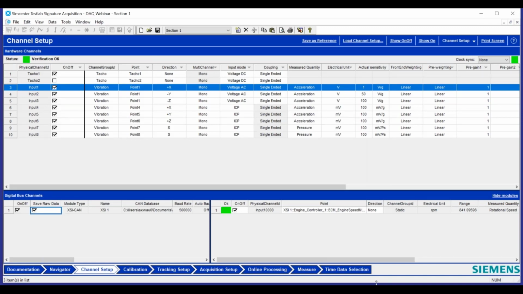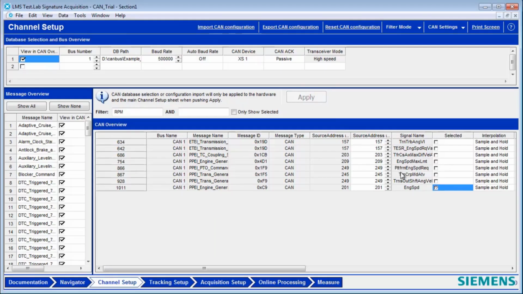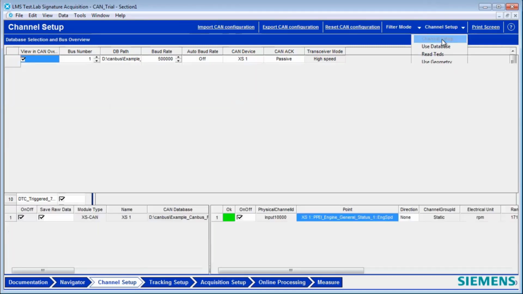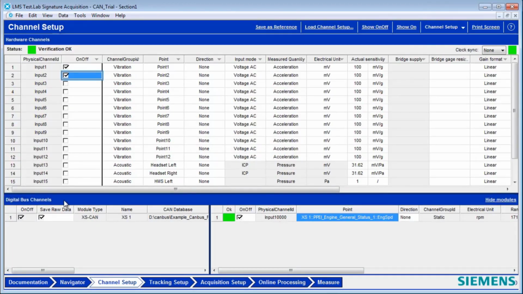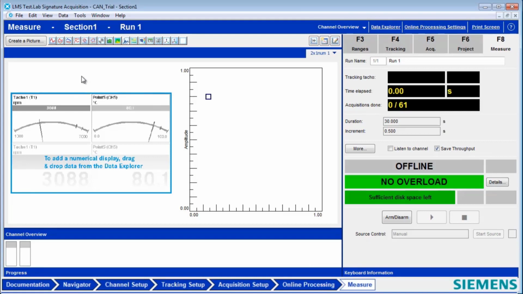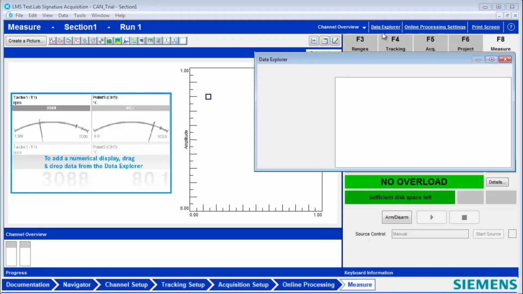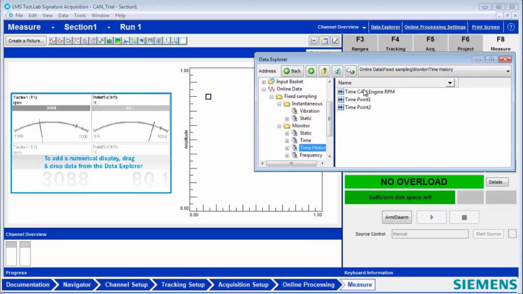Exactly. And we actually have a demo here. Let's look at this video. So this is showing us where we kind of left off. We selected the RPM, applied it, just showing you that I am saving the raw data. Instead of having that long name that maybe is a little bit overcomplicated, we can change that point ID to something more simple but still meaningful. Call it CAN engine RPM. And once we're set here, we can go to measure. And from here, we can go to our data explorer.